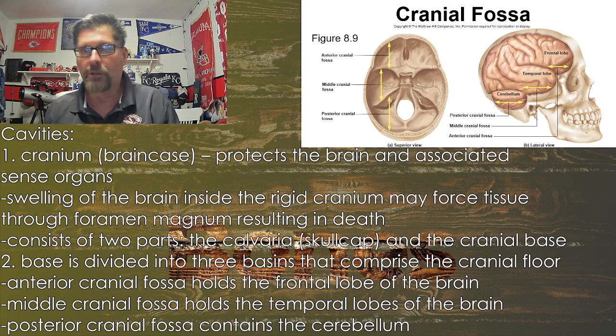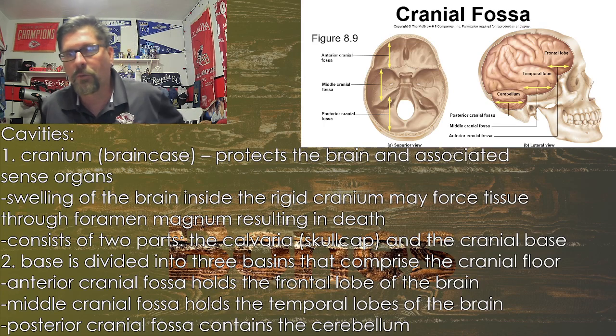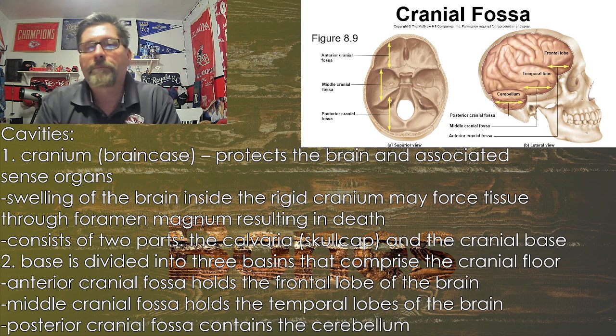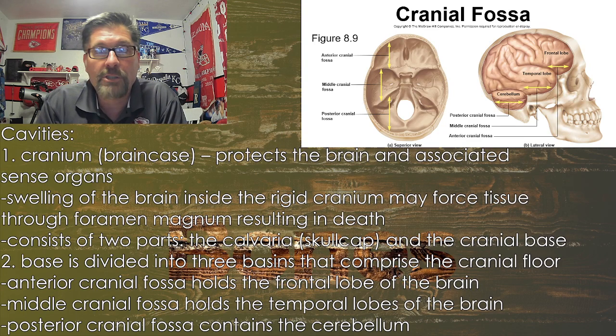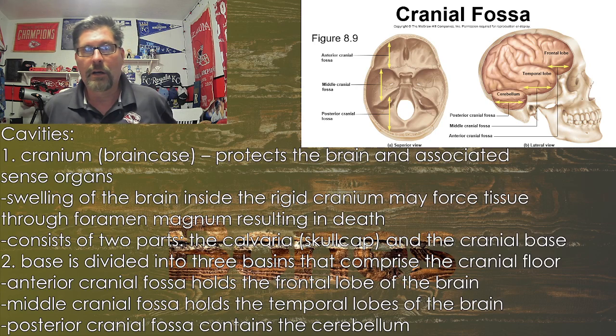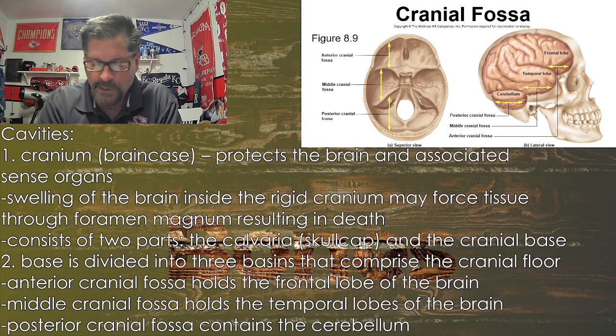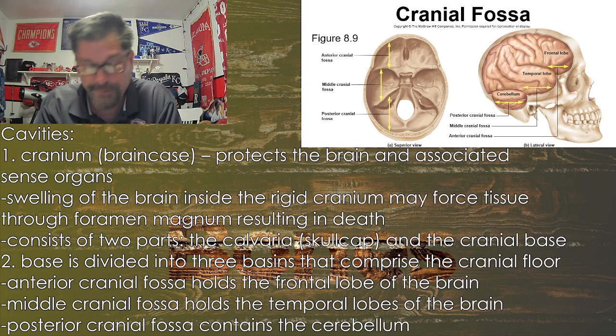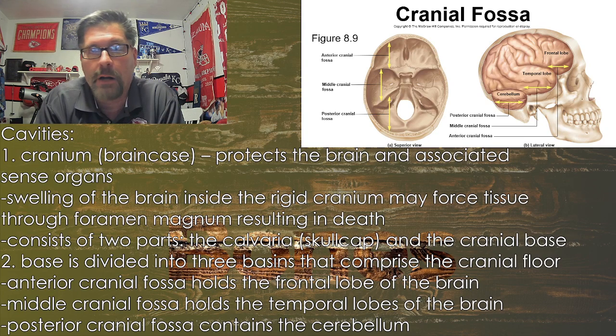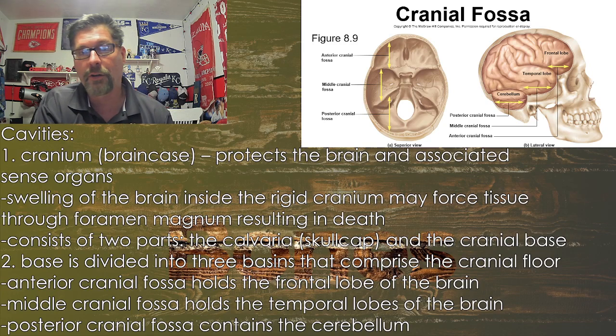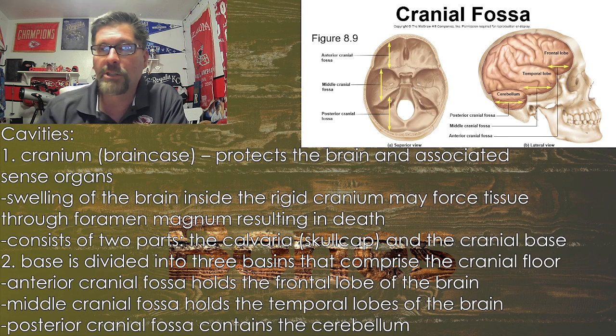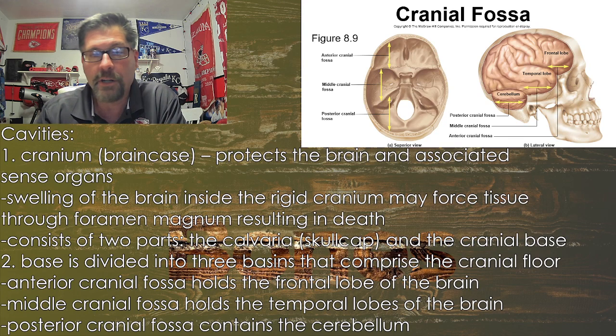But the skull does a good job, and it's partitioned and sectioned so that it keeps things compartmentalized in certain areas, almost like a carton of eggs. It's designed to wrap around the bottom half of the egg, and the top part when it closes keeps them from jumping out if it's shook or dropped. But just like a dropped carton of eggs, there's only so much the container can do to prevent that. But you can see the sections there, and that's listed in the